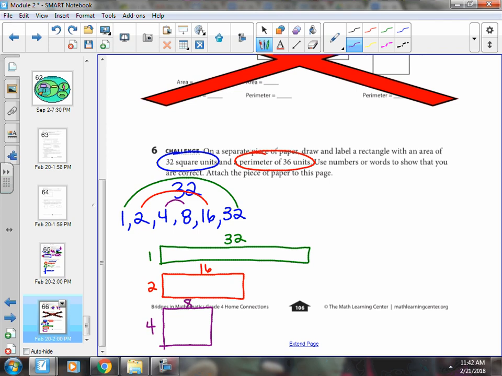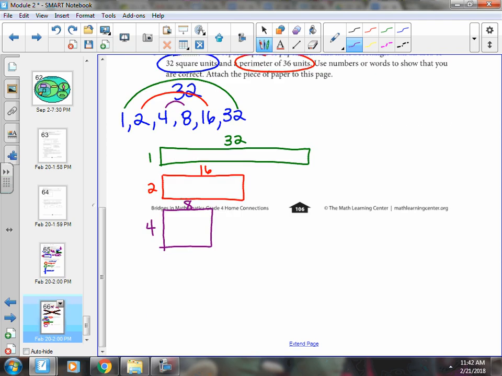So I know that these are the possibilities so that the area is 32, but I need the perimeter to be 36. So the perimeter is the distance around the shape. If I were to add 32 plus 1 plus 32 plus 1, that's 66. And I'm supposed to be looking for an answer of 36. So I know that this rectangle will not work